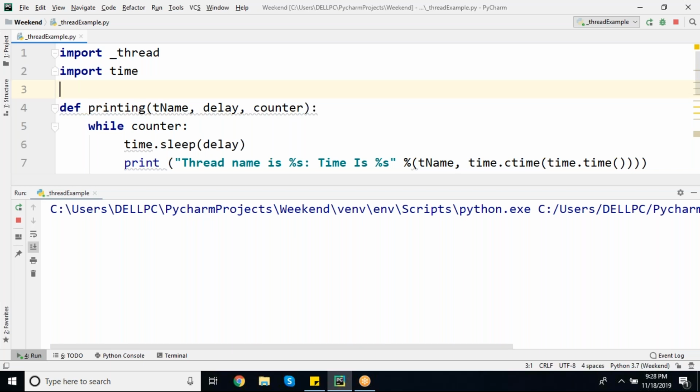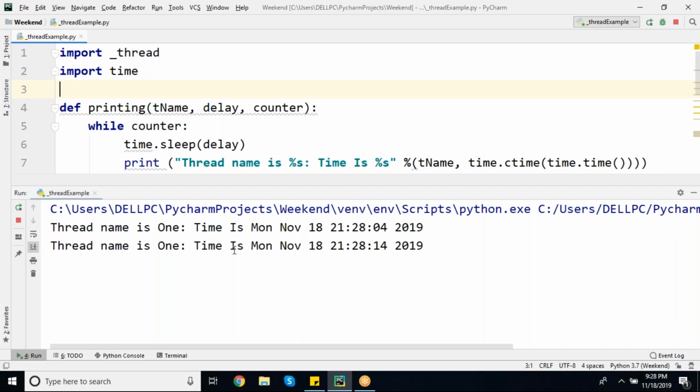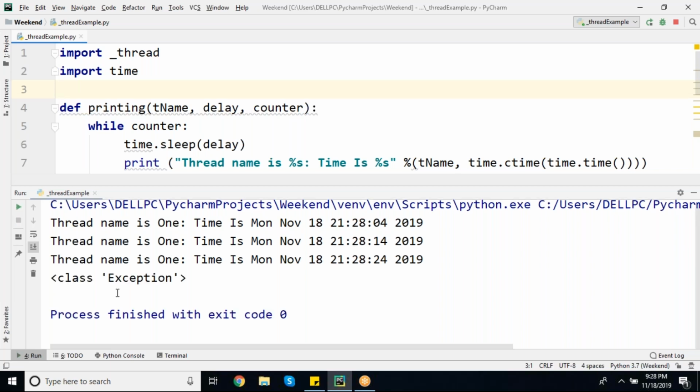With 10 seconds delay, it executes. You can see thread name is 1, time is this one. Again, after 10 seconds, we get one more: thread name 1, time is this one. See, a 10 seconds gap is there. And one more will generate and it will go for exceptions.